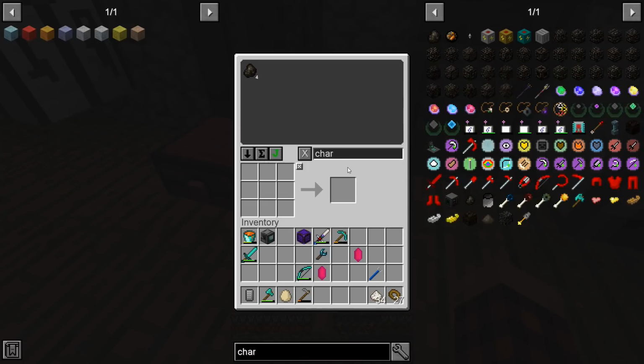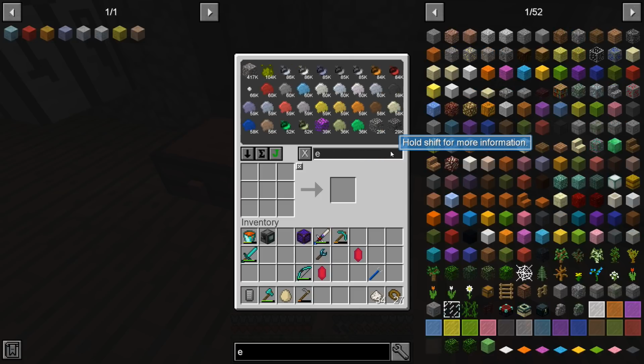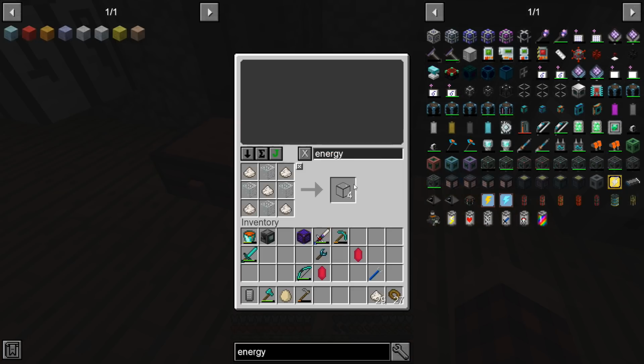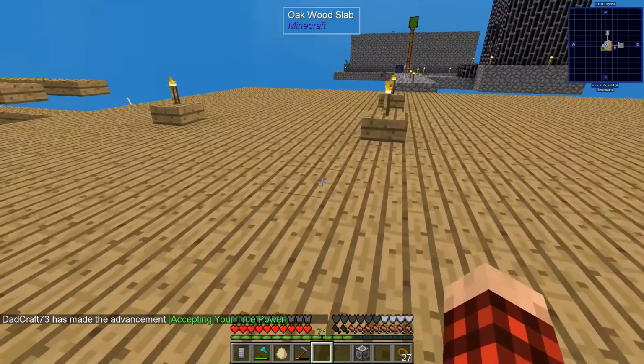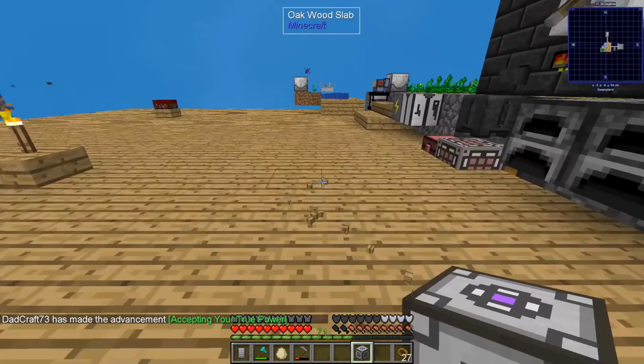Okay, so let's now make the energy. I know that we didn't really do anything too crazy in this episode. Let's go here. We'll make this. We have to make like 2 of those. Okay, and now can we make this energy acceptor? Okay, so this is going to be the beginning of our ME system, because literally all we need